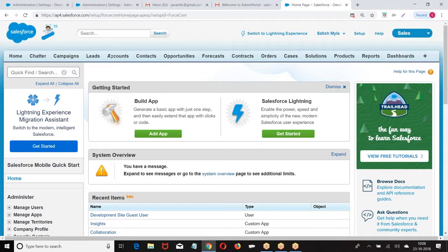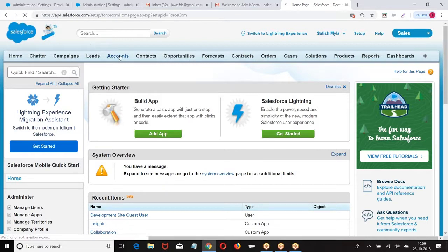Okay. Now go back here. The quick point here is, look at the quick point. If I create one contact as a community user with the same username and password, he can log into multiple communities. One license is given to me called community user. With the same license, I can log into multiple communities. For every community, I don't require a separate username. One license is sufficient for the user to log into multiple communities.